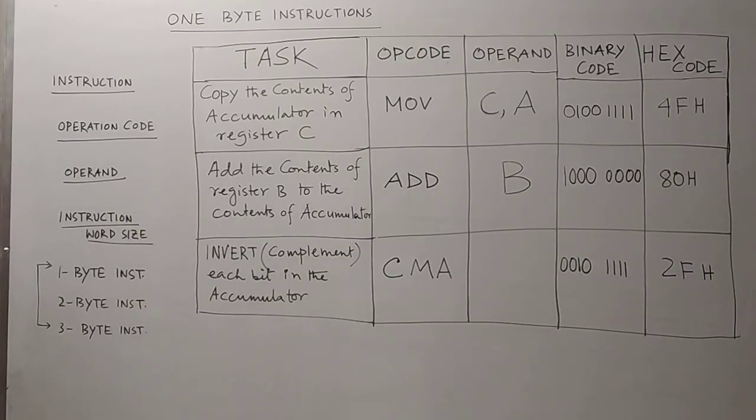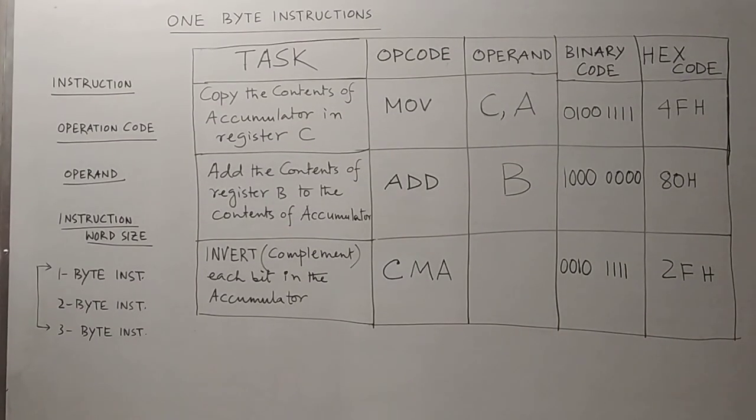These instructions are stored in 8-bit binary format in memory. Means all these tasks for 1-byte instructions are stored in 8-bit binary format in memory. So each requires 1 memory location. So for a 1-byte instruction, each byte will require 1 memory location. Fine.